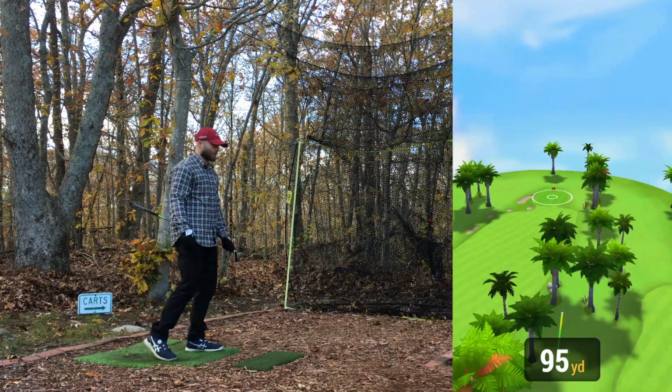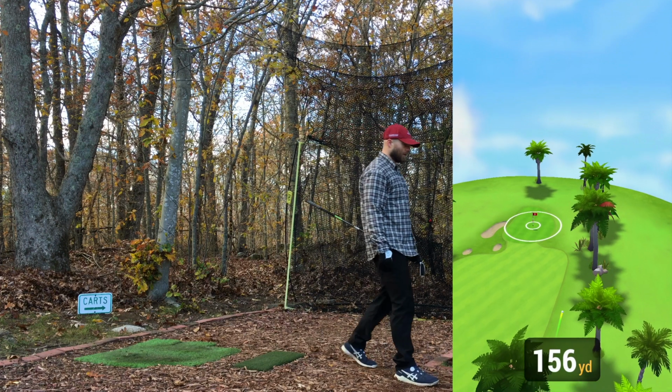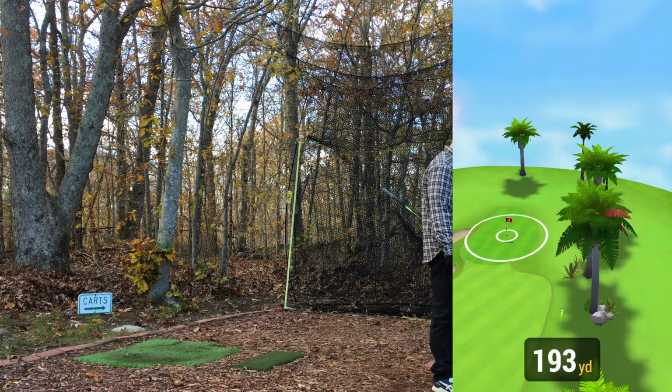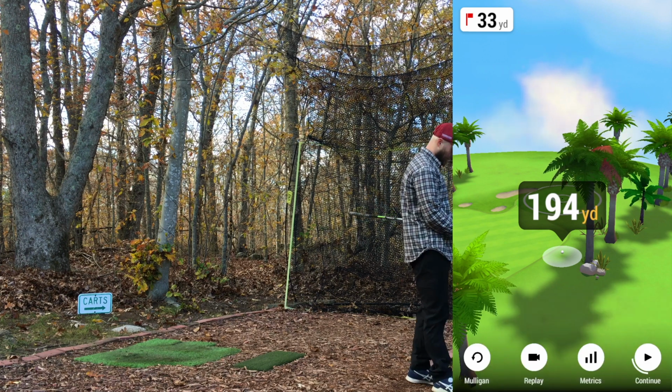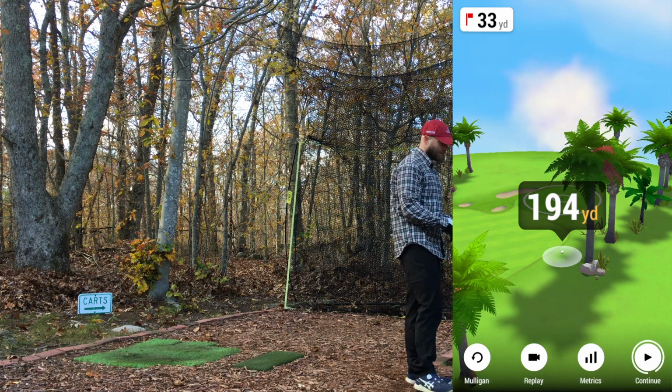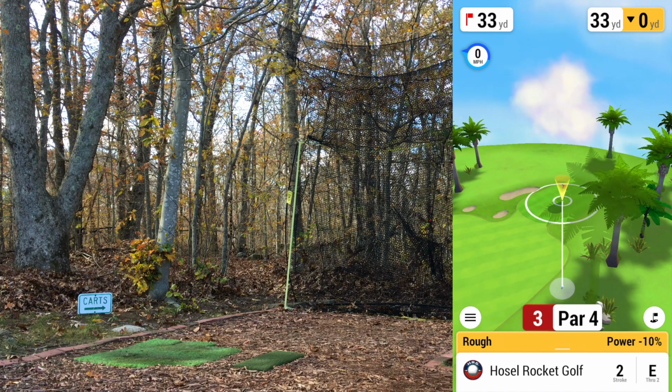Lunged at it, swiped across it. That's out to the right. Looks like we got through most of these though. Maybe I somehow got through that line. So 194 plus the 22. That wasn't great, but